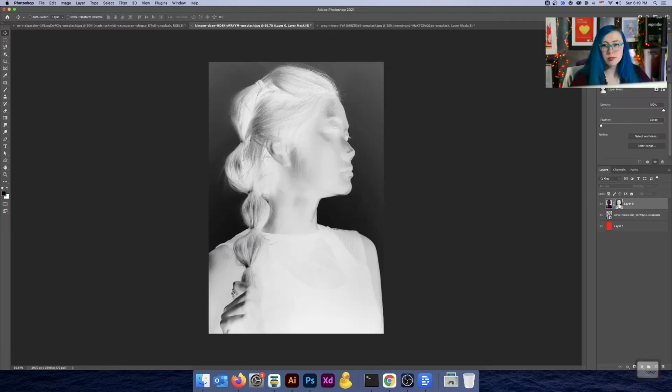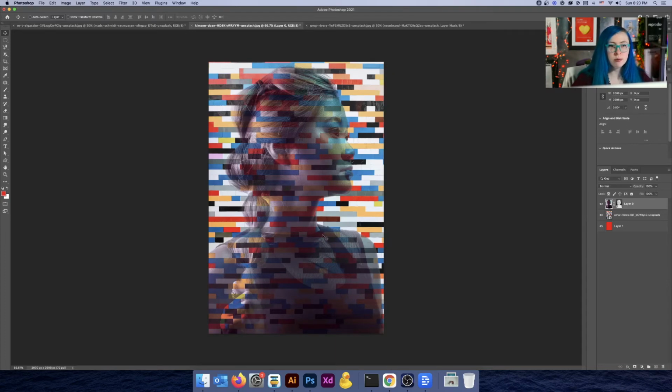So getting back to our layer mask, what can we do to make this contrast stronger? That's what we want, right? We want more of this photo to be in that light area and more of the darks of this photo to be in that dark area. So there's a much clearer distinction, and we get a cleaner image of the woman on top of the background.